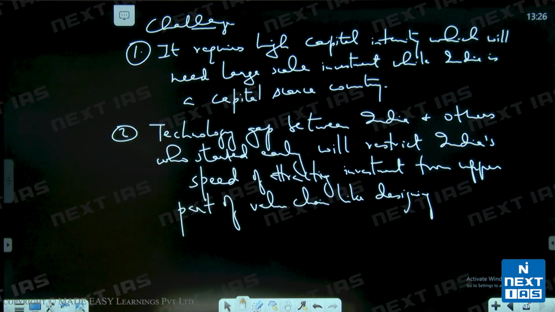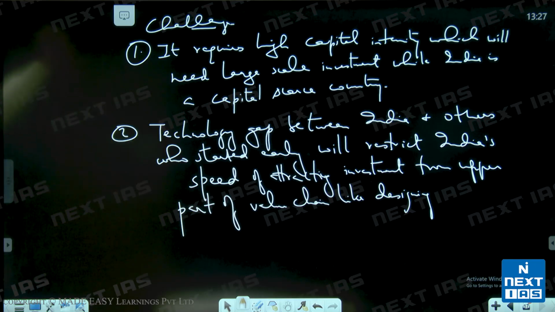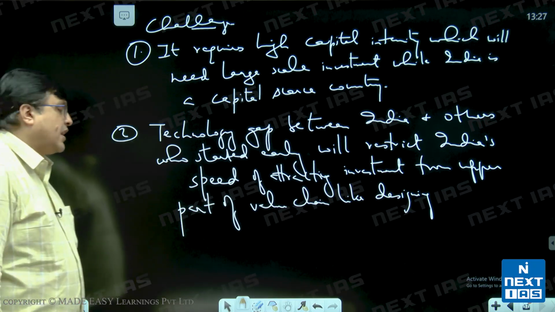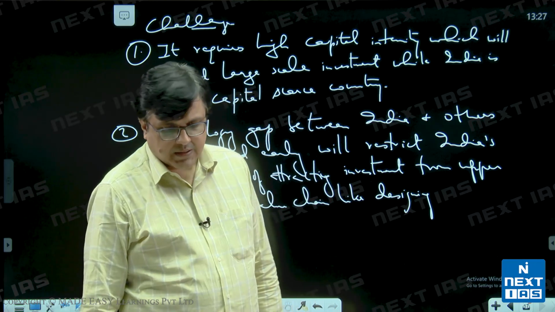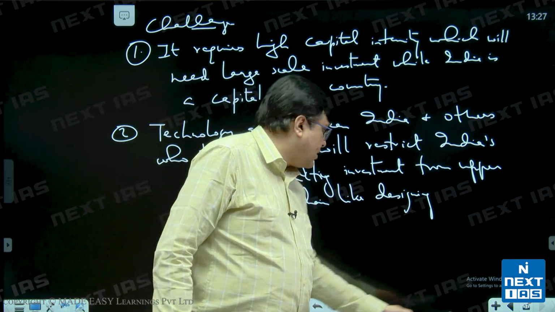The upper part of value chain, like designing, the investment will be restricted because other countries like South Korea or Japan, etc., even China in that case, America of course, have done much better than us. Then our third challenge